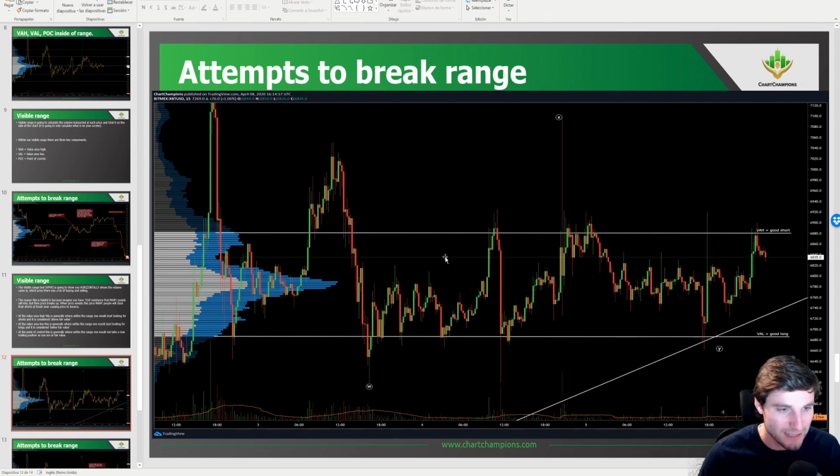But that's just a lovely recent example on Bitcoin of how trading between these ranges is so amazingly helpful. Okay, the value area low, good area to look for longs. Value area high, good area to look for shorts. Point of control, good area to take profits when you're trading the range. Okay, so